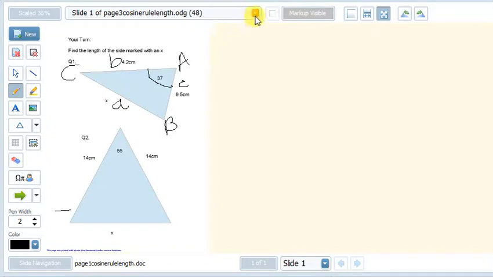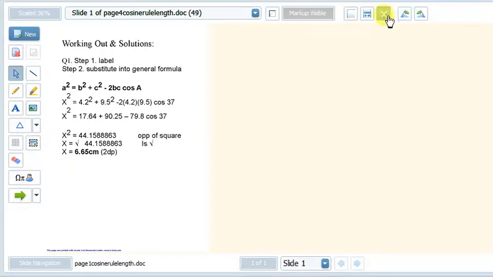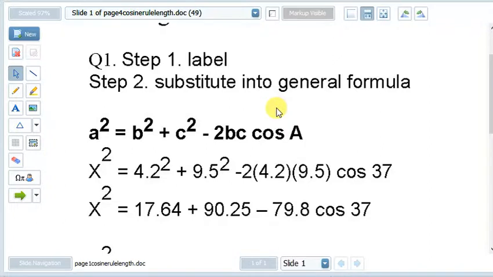Okay, so let's just try and work our way through this now. So here what we've got is step 1, label, and we've labelled the triangle A, B, C. Next we write down our general formula, which in this case is a squared equals b squared plus c squared minus 2bc cosine of A. And we know it's cosine rule because we've got 2 lengths and the included angle, as I explained earlier. So now we substitute our values, and b was 4.2,